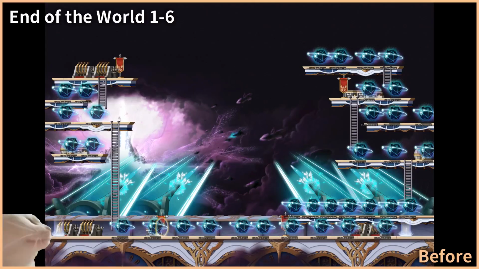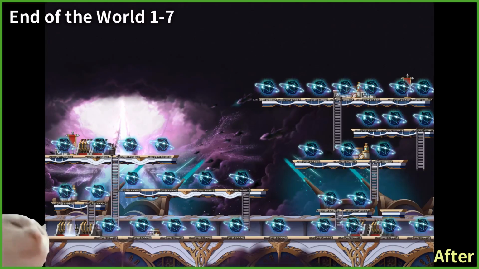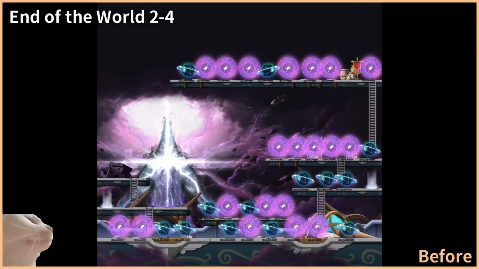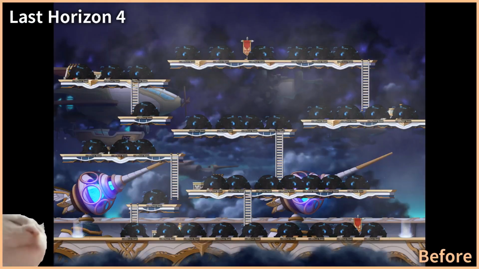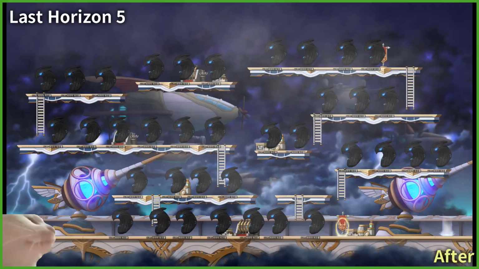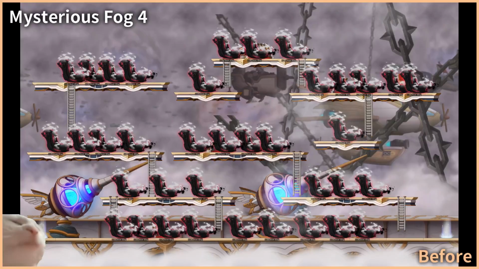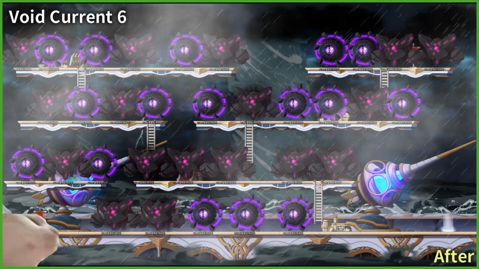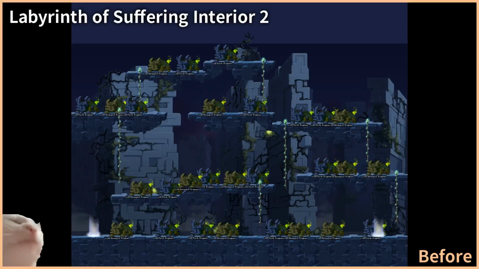End of the World 1-6, 1-7, 2-3, 2-4, Lost Horizon 1, 4, and 5, Mysterious Fog 1 and 4, Void Current 6, Labyrinth of Suffering Interior 1 through 6,